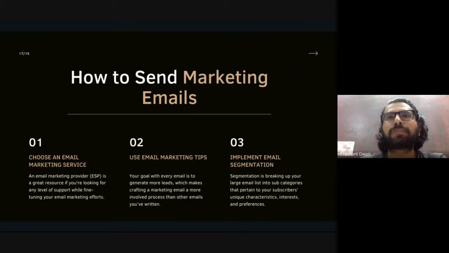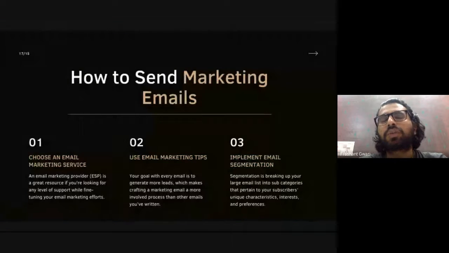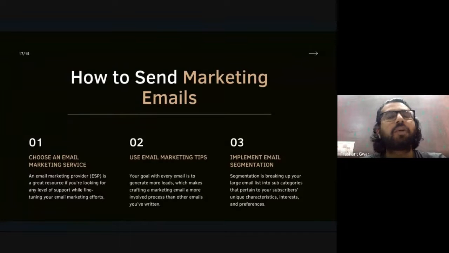Most of the tools provide you a free plan for practice purposes or for creating a dummy project, and you can even use those email marketing tools if you have a small startup and a small email list. Most of the tools allow you to send around 1000 to 10,000 emails every month. For example, one of the most powerful email marketing tools is known as MailChimp.